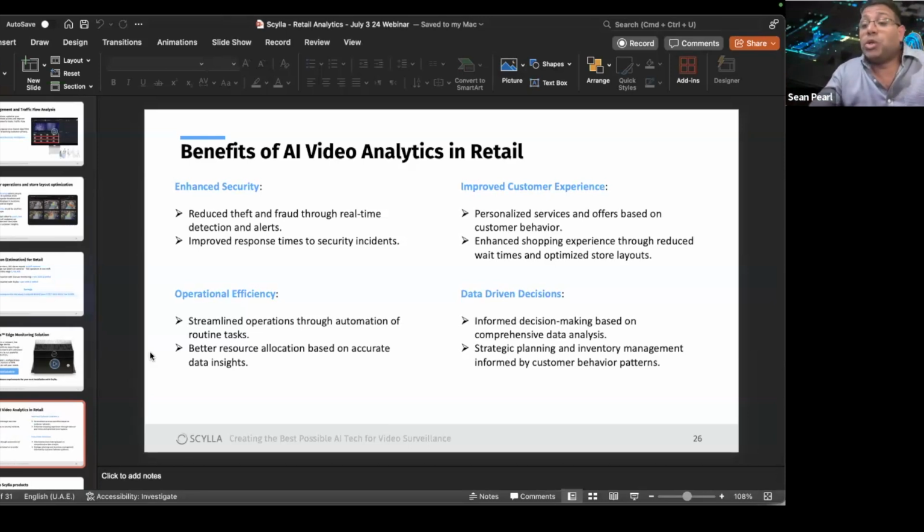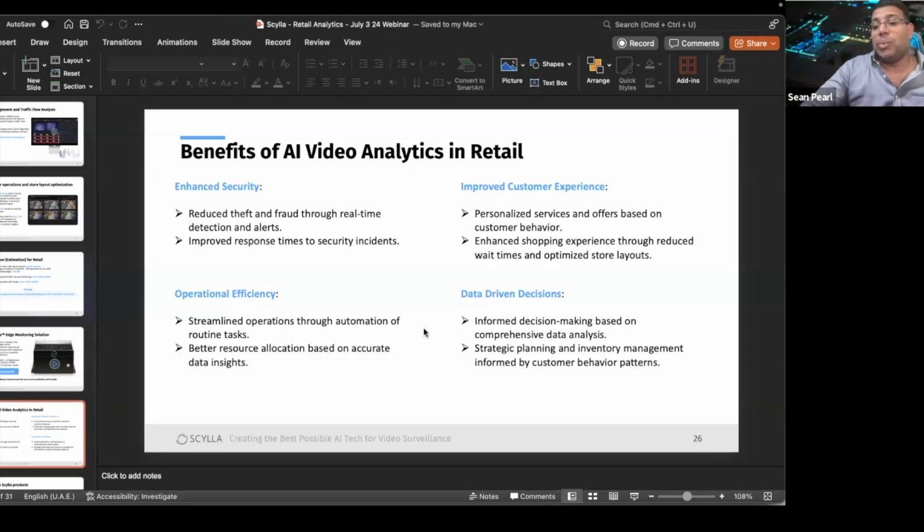Improve customer experience. The whole point in retail is to ensure that you have loyal customers. How do you ensure you have loyal customers? By ensuring that your customers have a good experience. With the use of these AI systems, you can pull up statistics to give personalized services. When you look at patterns, you get insights into various actionable data, like I just showed you, and you enhance the whole customer experience.